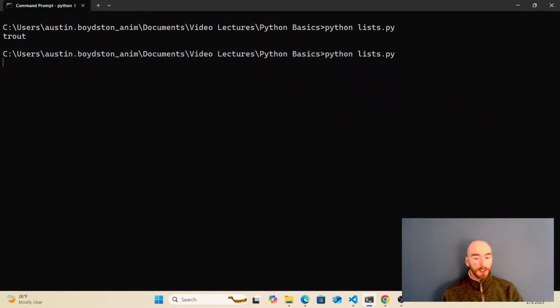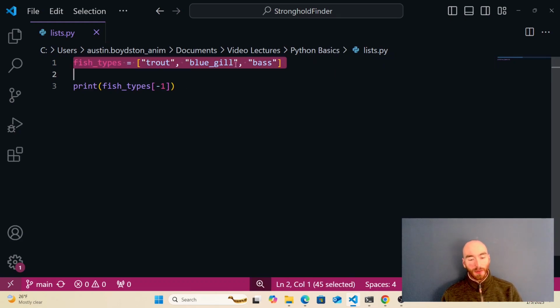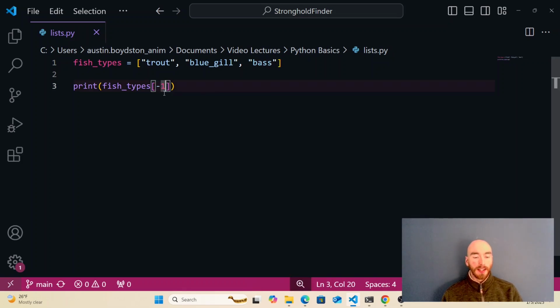Now let's run this. There it is. It says bass. So you might say, well, -1 is out of range, because that's the 0th index, that's the 1st index, that's the 2nd index. There is no -1. Think about it like this. 0, 1, 2 is counting up, counting from left to right,